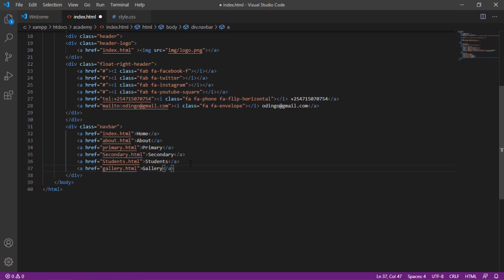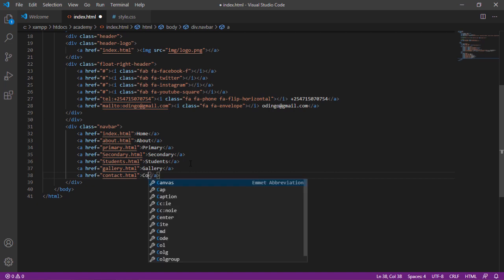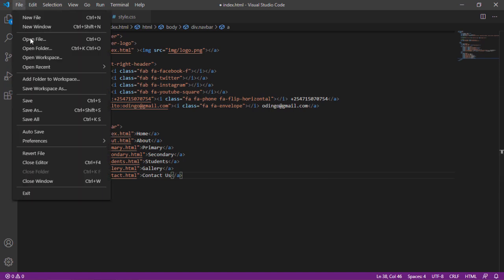Then lastly, let us have the contact page. So we can have another, this one here is, let's say, href, then we say contact. This capital letter should be small, contact.html, and I close that. When I close it, I call it contact us. So we have created links here, and these links so far are not